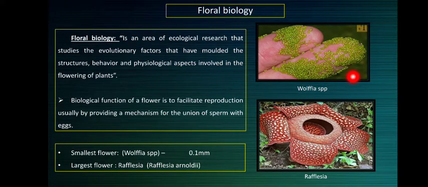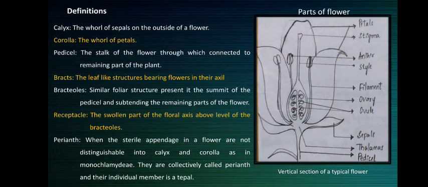The smallest flower in the world is the Wolffia species. It measures 0.1 mm. The largest flower is Rafflesia. It measures 3 feet and weighs 6.8 kg, or 15 pounds. Coming to the parts of a flower of a plant,